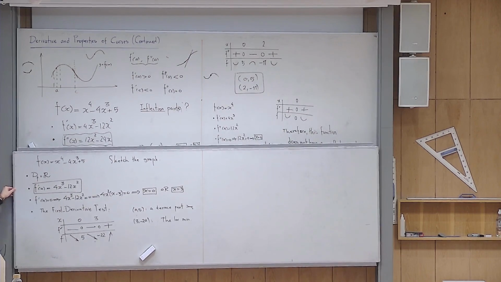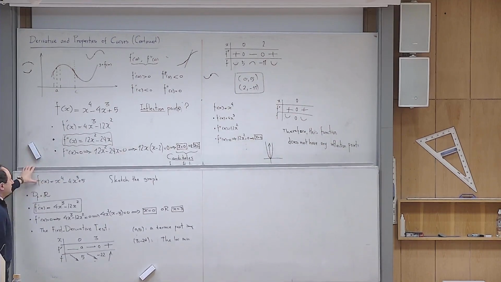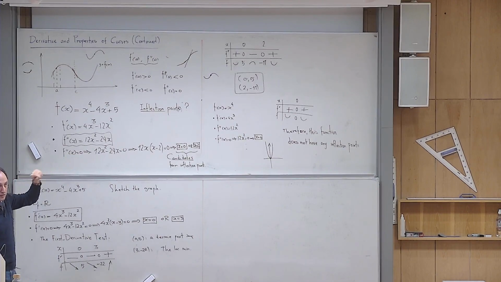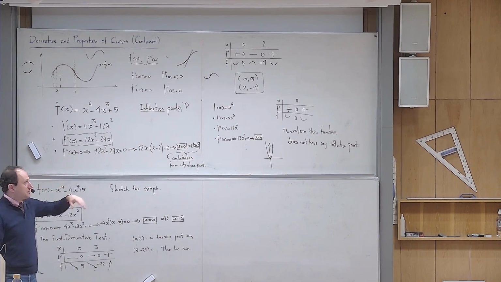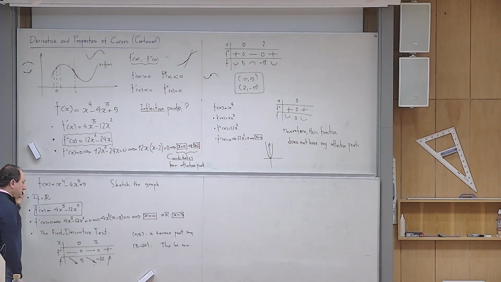Yes? You see that when I want to sketch this graph, I haven't done that part yet. But of course, for this particular function in the previous example, I also found 2 inflection points. To be very precise, you need to also include that one. But according to your book, you don't need to do that much. Okay, so what we do,